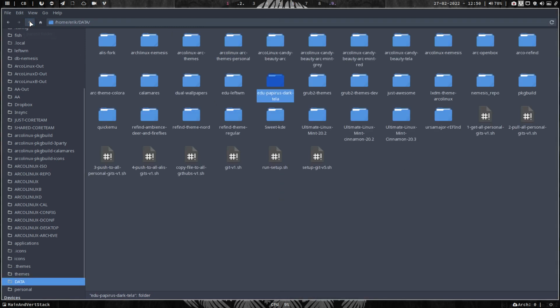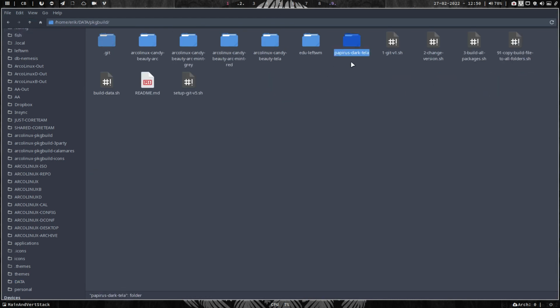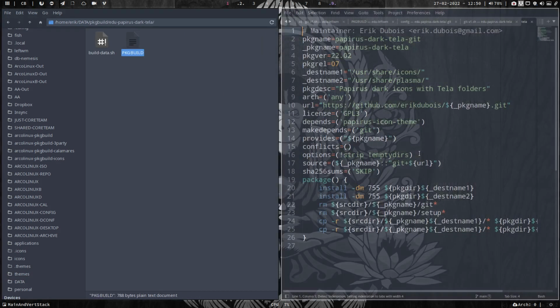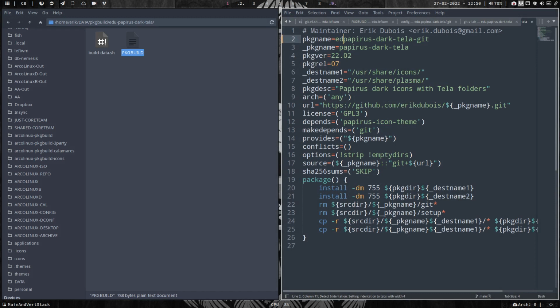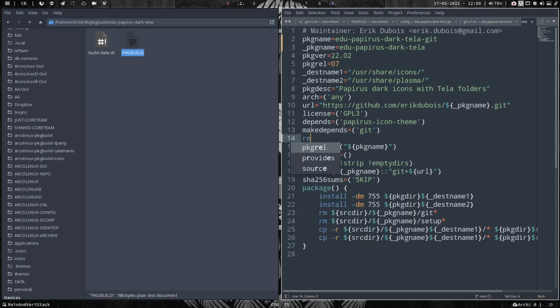So if we go to the package build, the name change, edu, in here, package build, the theme is now called edu. It's going to be called edu, and it's not there, but go and have a look online. There is a line that says replaces, something you can type.